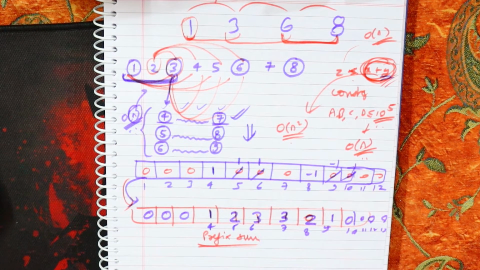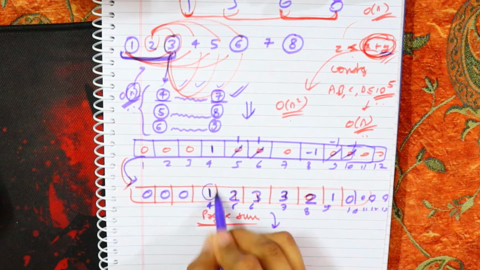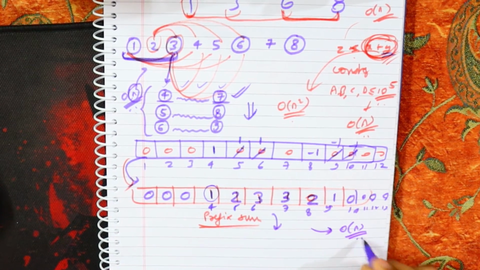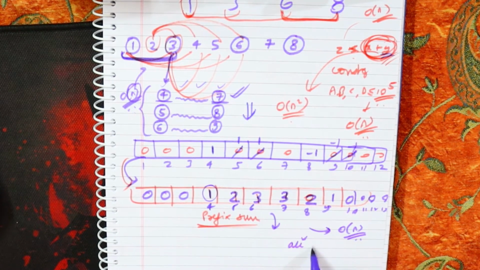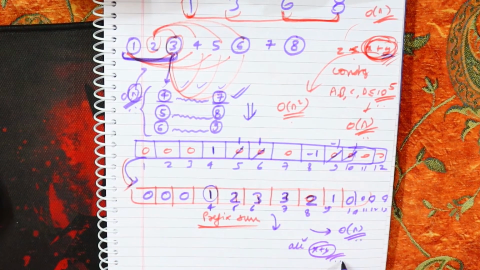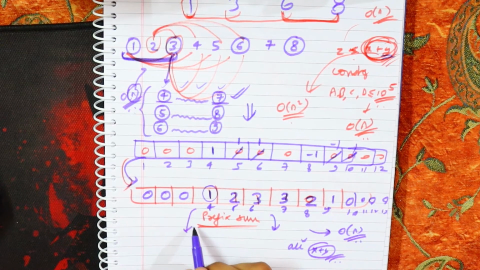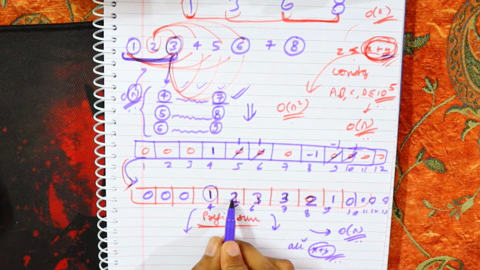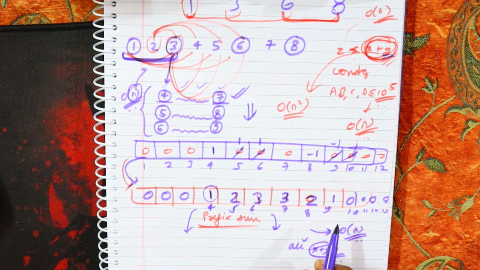So from this you can clearly see that you have this in O of n. So at last, what you wanted was all the x plus y values, and now you are having all the x plus y values in O of n. Now what it indicates is that you have a value 4 one time, you have a value 5 two times, you have a value 6 three times, and so on and so forth.